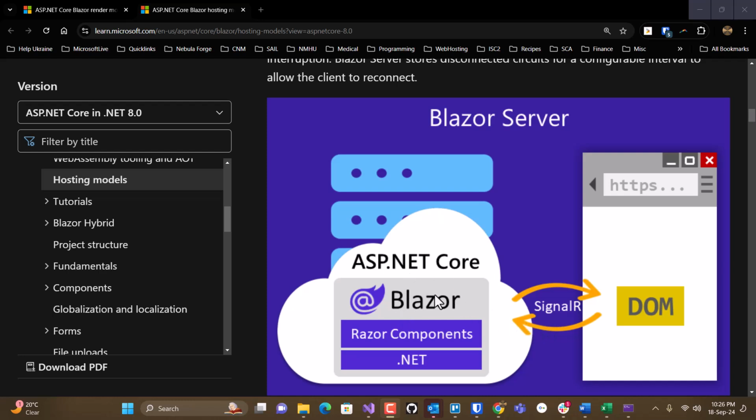The server takes that information that a button's been clicked or that a value's been changed in a text box and re-renders the page on the server, makes a diff and sends the diff to the browser to update the page. And so with Blazor server, you have to have a SignalR connection maintained all the time. In fact, sometimes you'll see this connection drop and you'll see a little message that says lost connection to the server, and then reconnected, and then